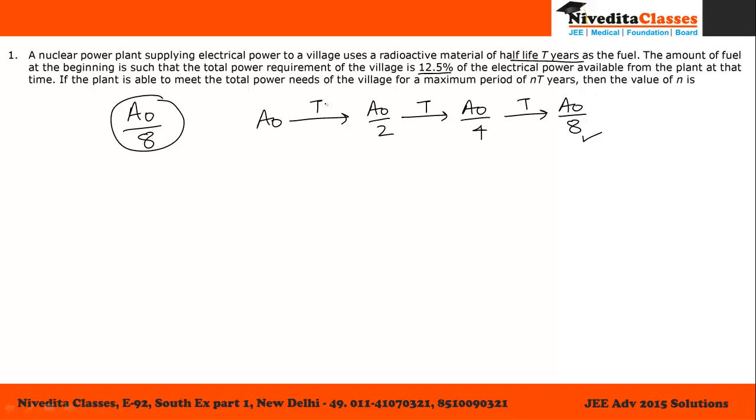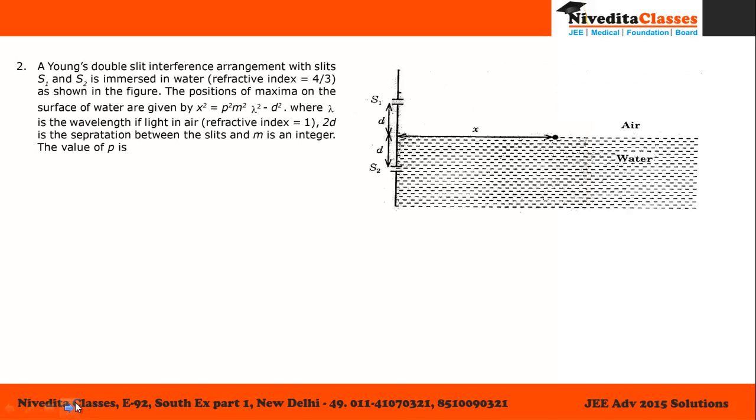So for t plus t plus t, that is 3t years, we will be able to meet the requirement of the village, and equating this 3t with nt, we can say that n will be equal to 3, which is the answer to our problem. Okay, so now moving to the next problem,